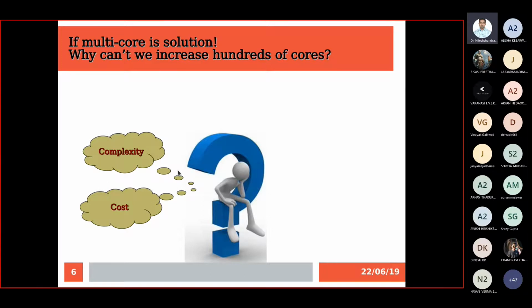Next thing is complexity. Obviously, if we have a single core, it will have its dedicated cache memory, its dedicated L1 and L2 caches. But if you increase the number of cores, then we'll have different levels of cache memory also, and different stages of pipelining followed by each core. Then we also have to take care of communication between multiple cores.